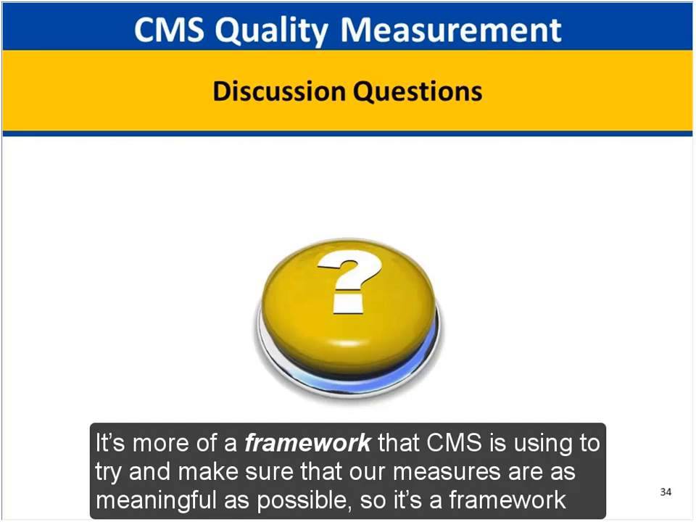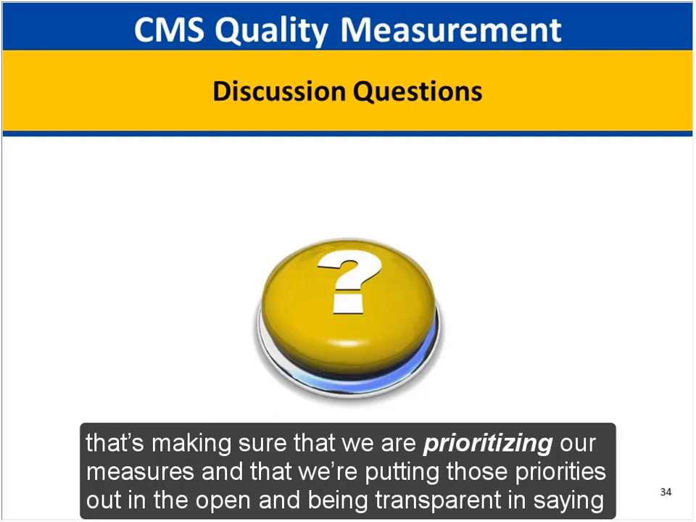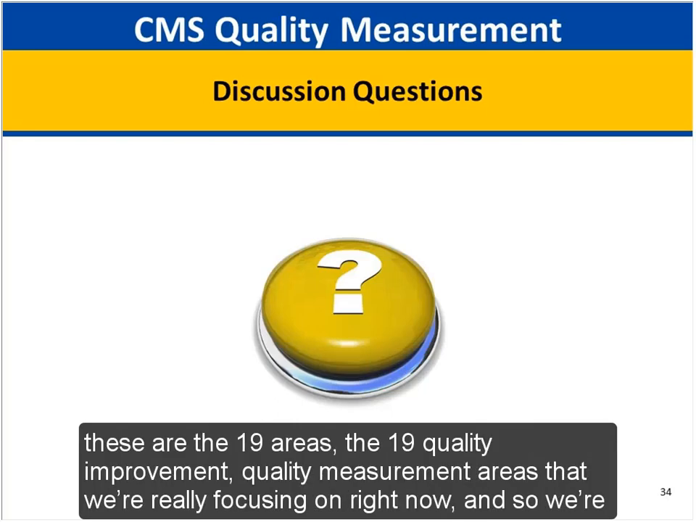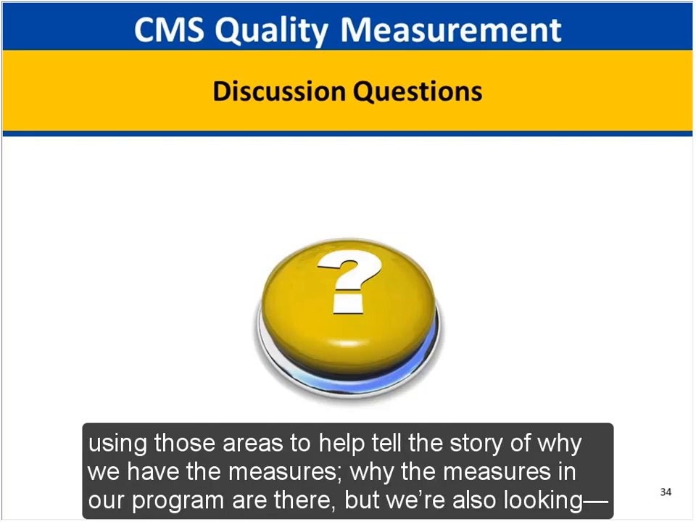It's more of a framework that CMS is using to try and make sure that our measures are as meaningful as possible. So it's a framework that's making sure that we are prioritizing our measures and that we're putting those priorities out in the open and being transparent and saying these are the 19 quality improvement, quality measurement areas that we are really focusing on right now. And so we're using those areas to help tell the story of why the measures in our program are there, but we're also